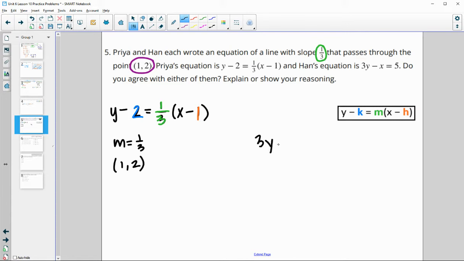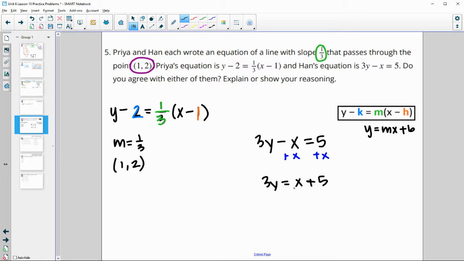So then let's take a look at Han's: 3y minus x equals 5. A couple different options here. This one obviously isn't written in point slope form. We can solve it for slope intercept form, which remember is y equals mx plus b, and we'll be able to see if the correct slope is in there. And then we can check on the point by plugging it in. So if we add x to both sides to get the y by itself,